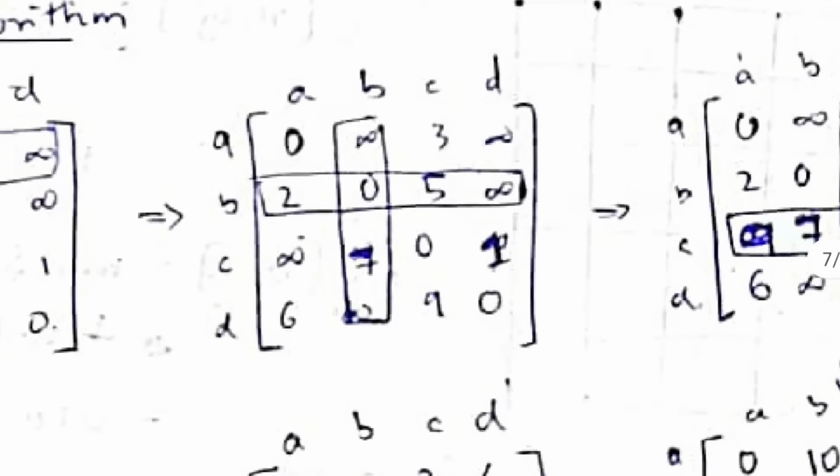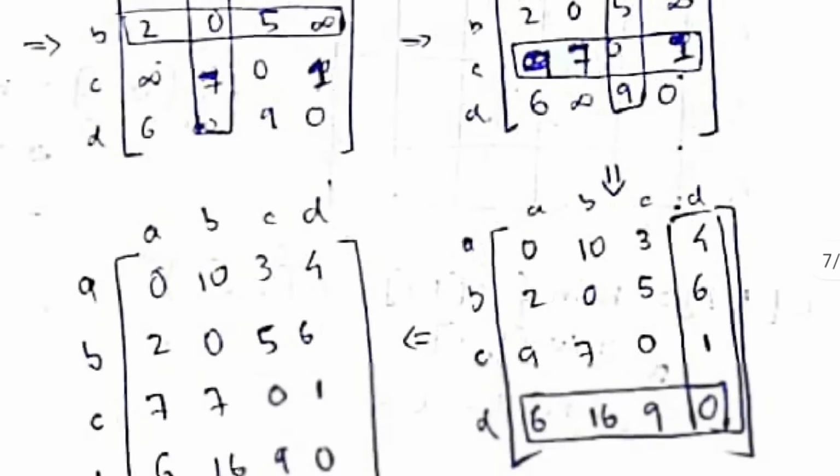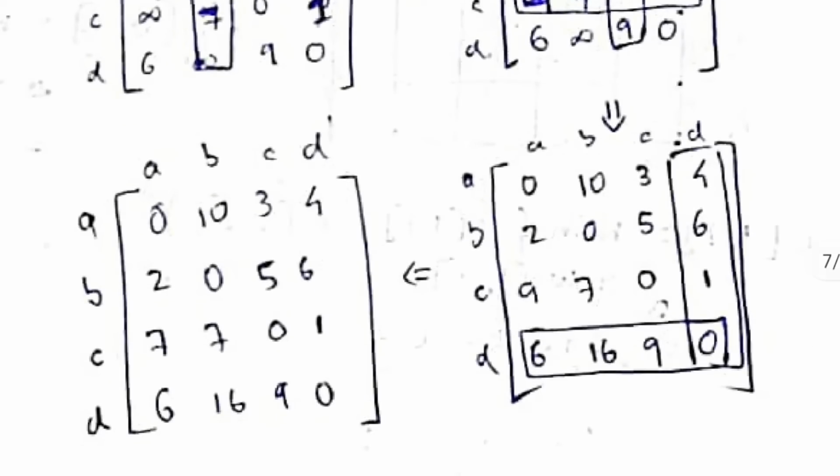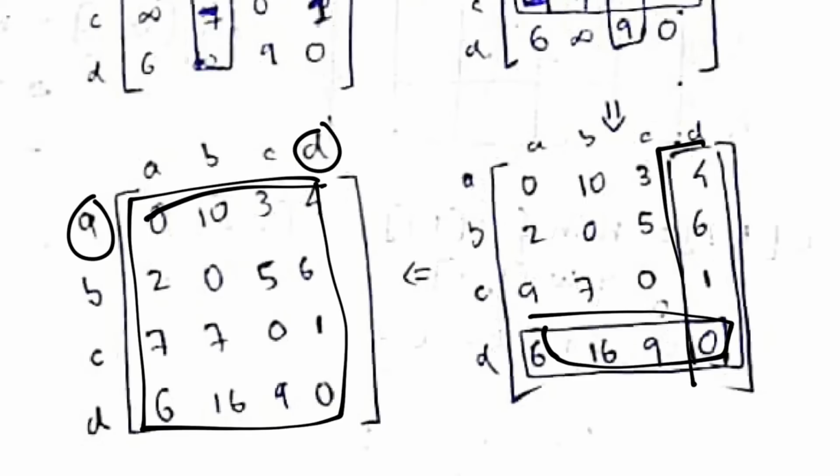After making the changes, select the second column and the second row. Do the same thing for these elements, and after that make the changes and select the third column and the third row. Same as the Warshall's algorithm, but here we'll be seeing the weights also. Okay, after that you do all of these elements, you'll get the shortest path from all the vertices to the other vertices. Okay, so this is the final answer for the Floyd's algorithm.